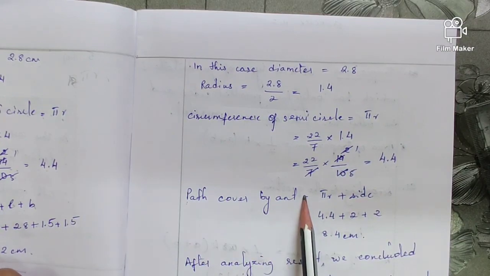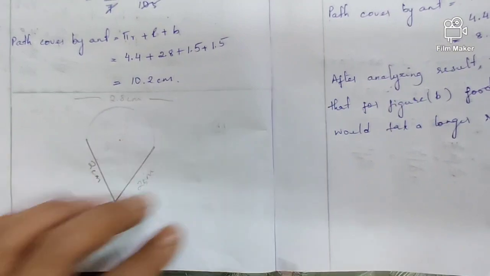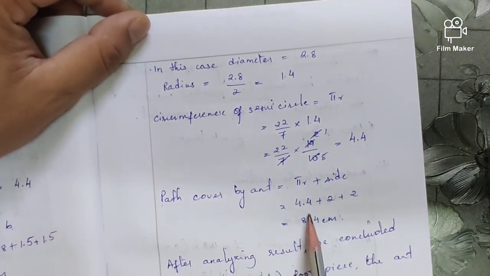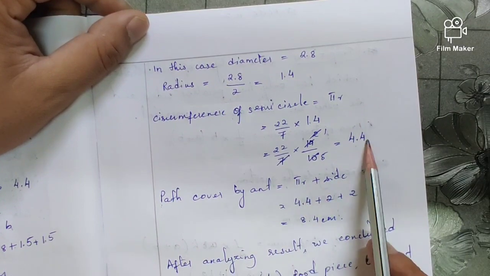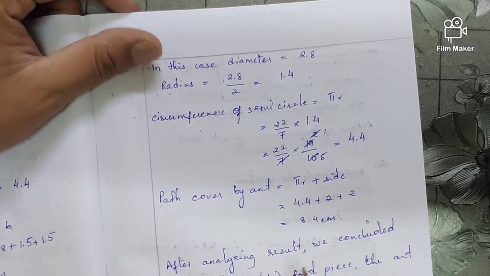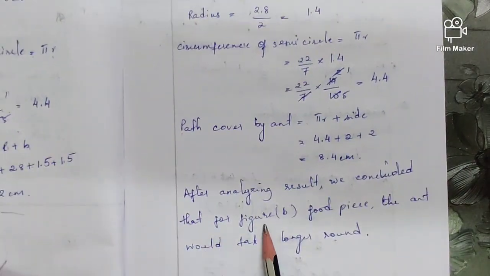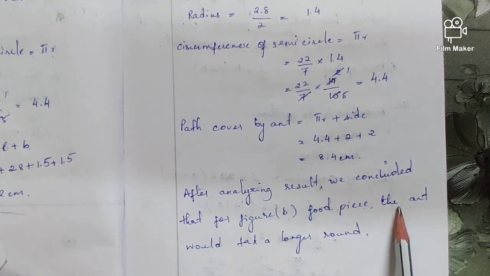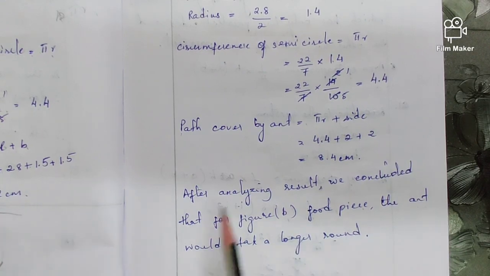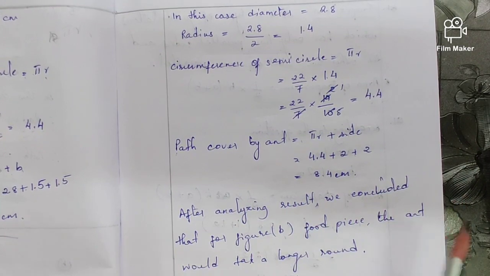Distance covered is equal to pi r plus sides. That means this side 2 plus 2. Understand? 4.4, that is pi r. 4.4 plus the sides 2 plus 2, that is 8.4 centimeter. So after analyzing the result, we conclude that for figure B, for the foot pieces, the end would take a longer round. Now we can easily know the end would